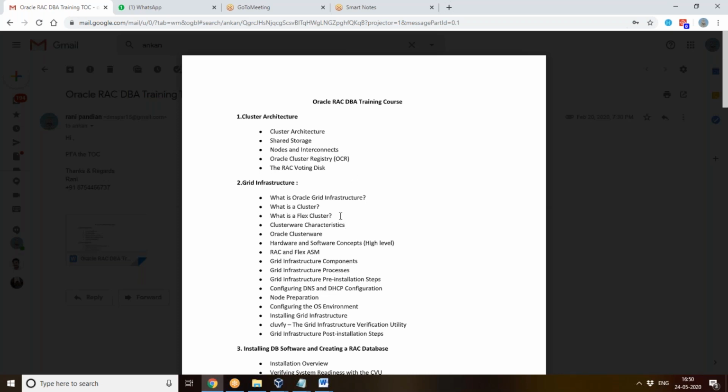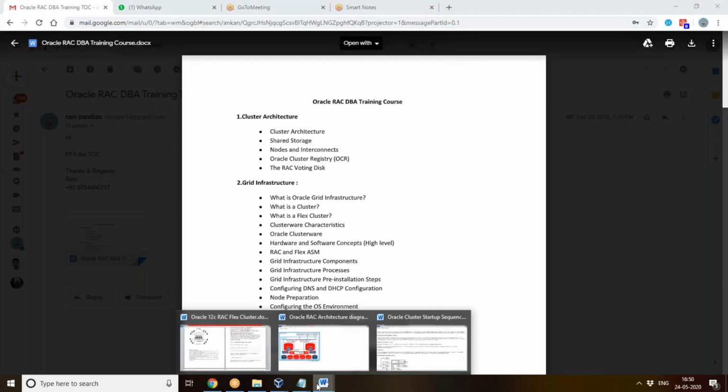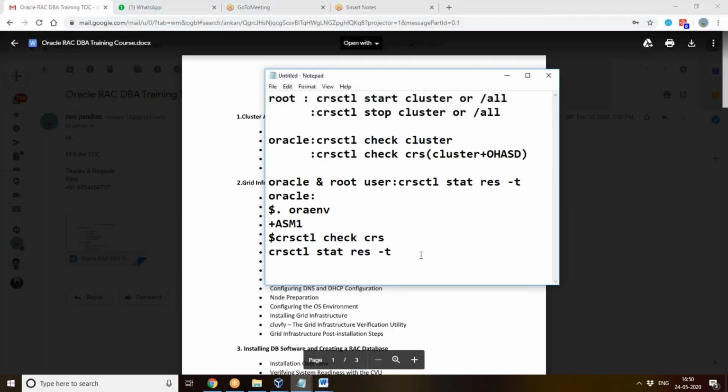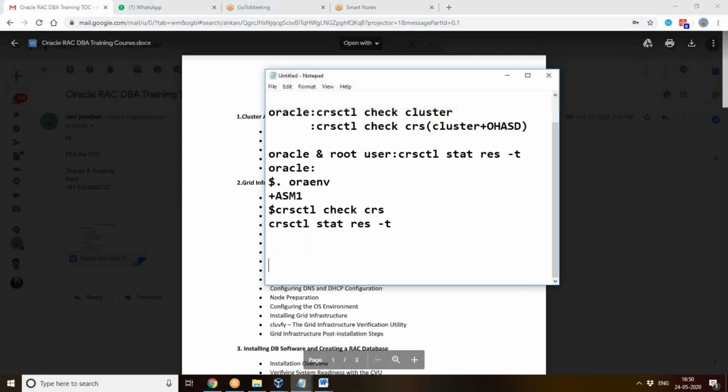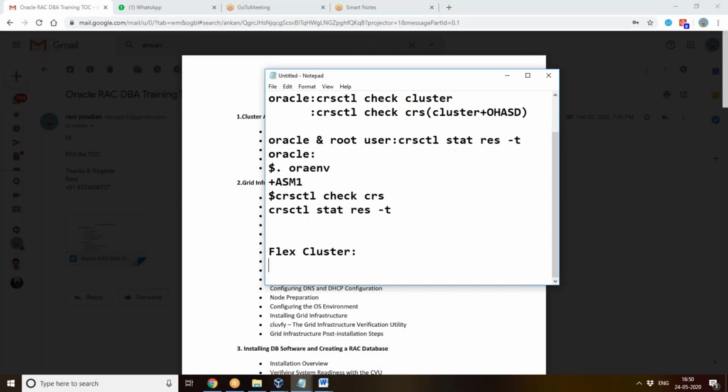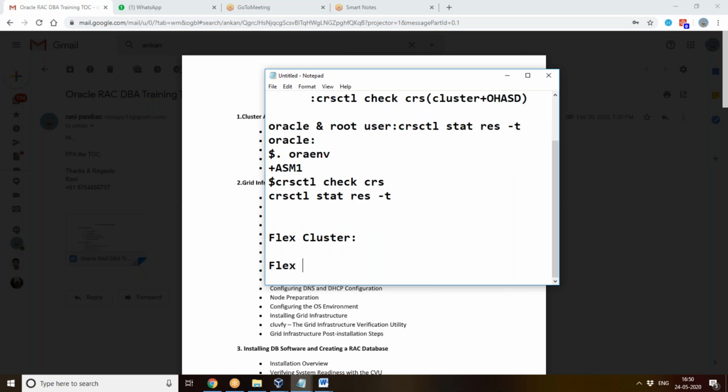And what do you mean by Flex cluster? From Oracle 12c onwards, a new feature was introduced called Oracle Flex Cluster and Oracle Flex ASM. So when you're talking about Flex cluster, we have 2 terms we should know: Flex cluster and Flex ASM.